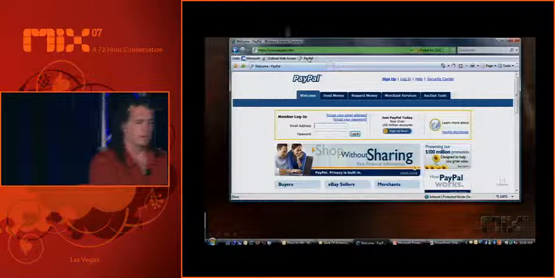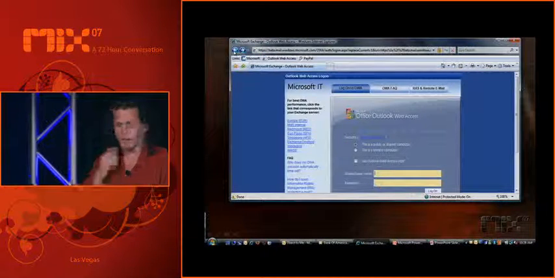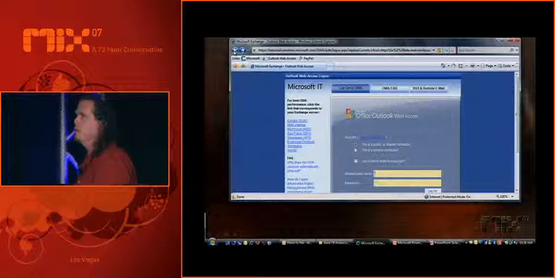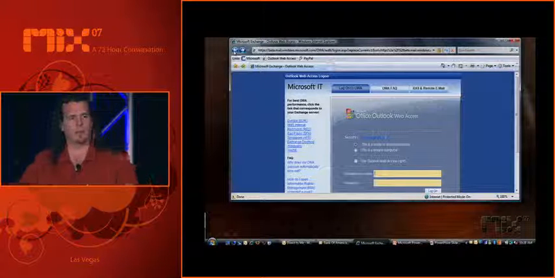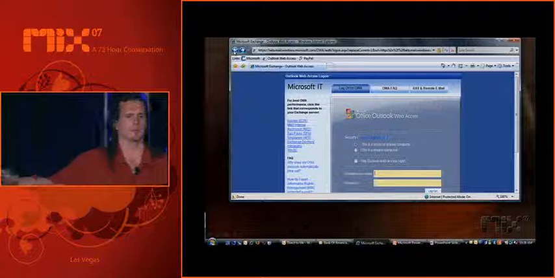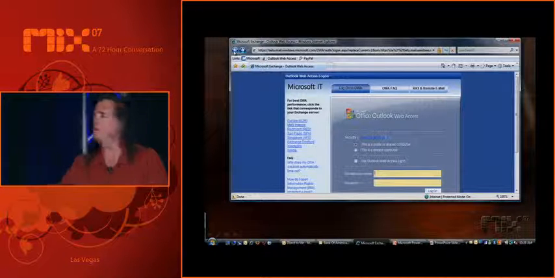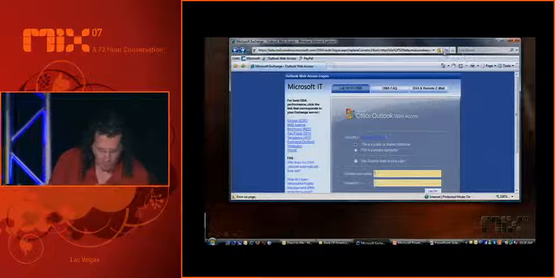When you go to a site that has an SSL certificate like this, you know that you have a secure connection between you and this other server somewhere. You don't actually know who's at the other end. You can view the certificate, and it can say things like